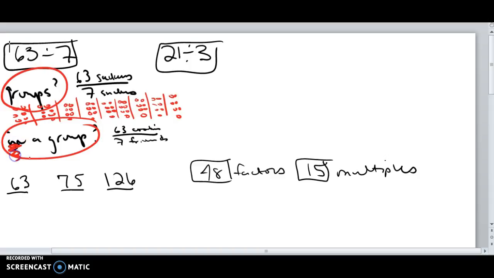If it's how many in a group, then my units don't match. So I have 63 cookies, 7 friends. How many cookies does each friend get? In this case, you would draw your 7 friends there, and then you would give a cookie, a cookie, a cookie, and so forth, and then you keep doing that till all 63